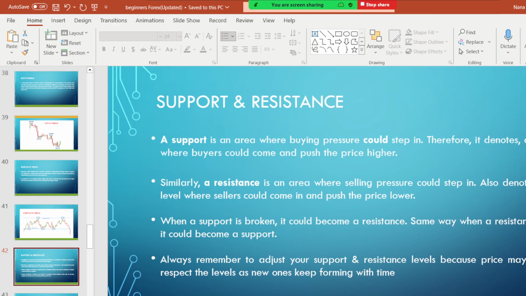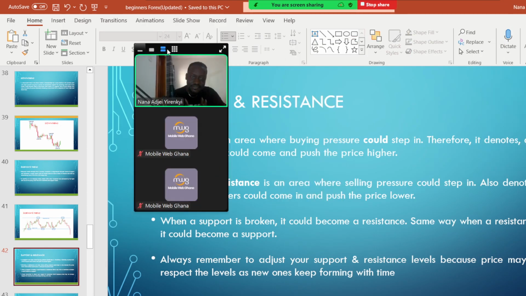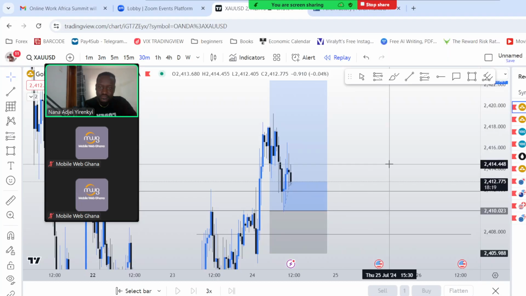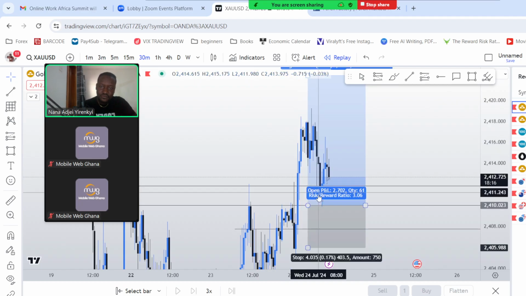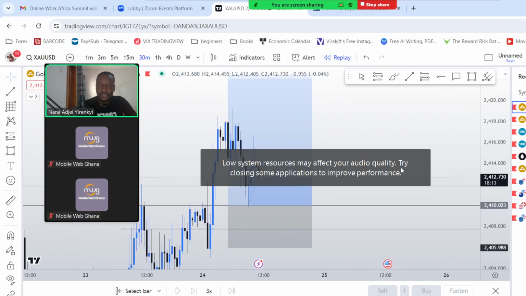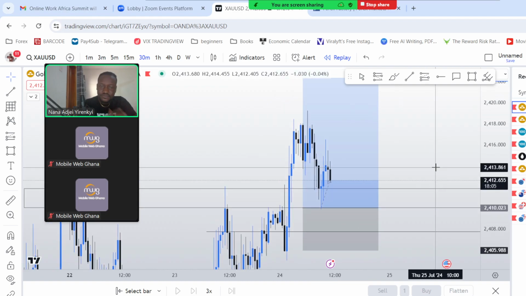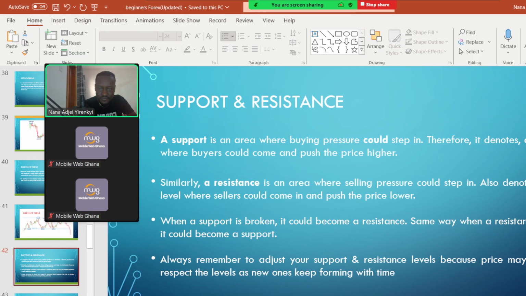A support area is an area where buying pressure could step in. So it denotes a price level where buyers would come and push price higher. So when price hits a support level, there are certain indications that we need to look out for before you can actually confirm that price is ready to push up. Just know that support areas are areas where buying pressure could step in,